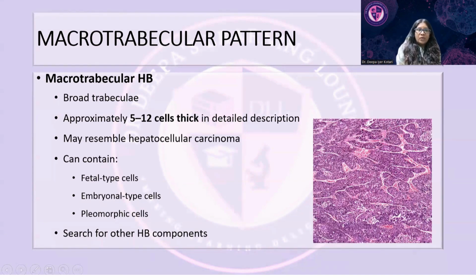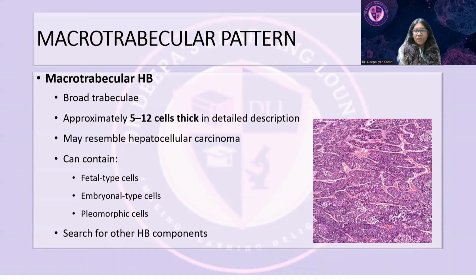Then moving to the macrotrabecular pattern, the macrotrabecular hepatoblastoma is particularly important because it can mimic HCC. It very closely resembles an HCC. The tumor cells have broad trabeculae, and the trabeculae can be several cells thick. It need not be only 2-3 cells, it can be several cells thick. So there are broad trabeculae that can range from roughly 4 to roughly 12 to 13 cells thick, and the emphasis is that the trabeculae are usually more than 10 cells thick